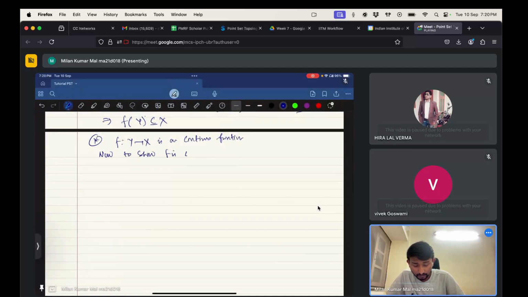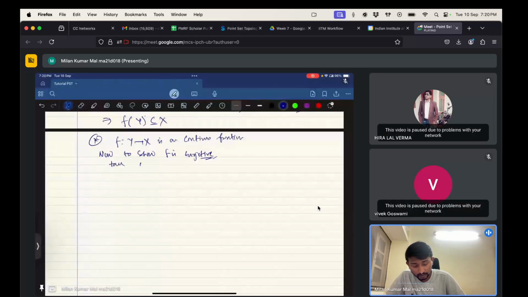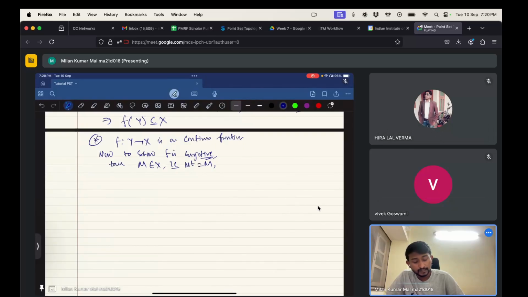F is surjective. How to show F is surjective? Let's take a matrix from X. Let's take M here, not A, because A is already used. Take a matrix M from X. That means M will be symmetric, first point. Second, the eigenvalues of M belong to the interval (0, 2), right? Now, as M is a symmetric matrix, this fact gives that M is diagonalizable. So we can choose an orthogonal matrix